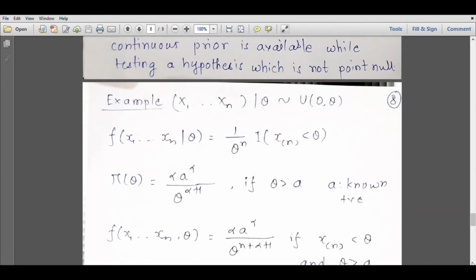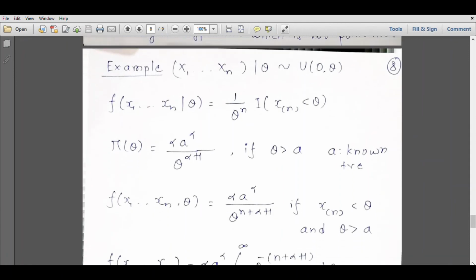Now in the earlier example, we were talking about a distribution which belongs to the exponential family. So we have a really good conjugate prior there. Conjugate prior in the sense that if a prior distribution belongs to a particular family of distributions, then the posterior also belongs to the same family. For example, if I start with a beta prior and I have a sample from the binomial, then I again end up getting a beta posterior distribution.